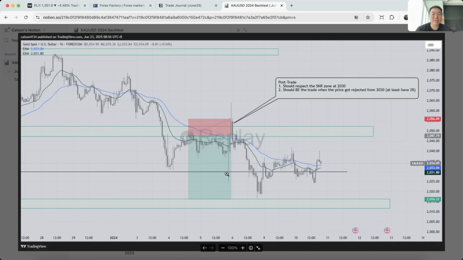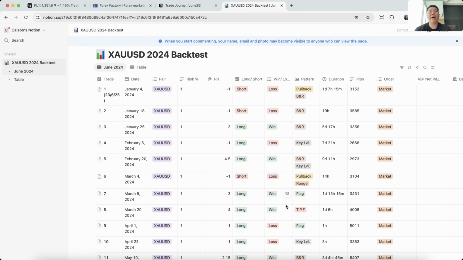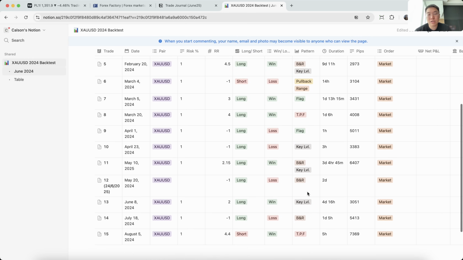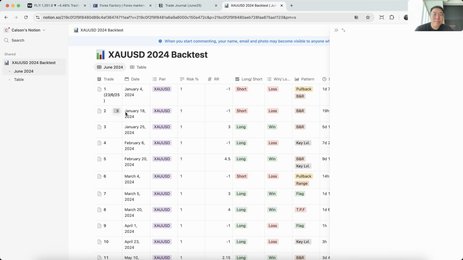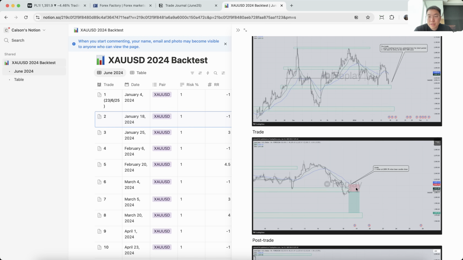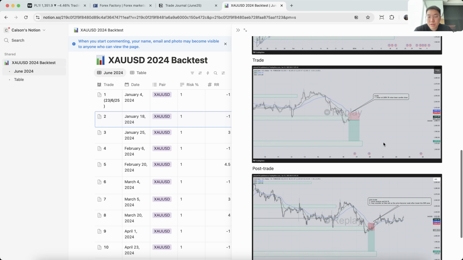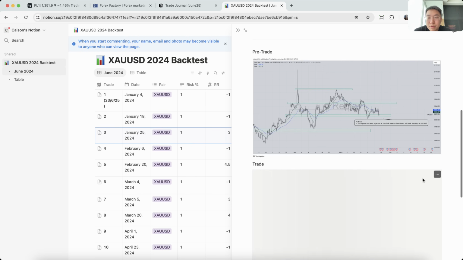We recently had a lesson on this as well. When price revisits the swing low, swing high, we move stops to BE. So this trade technically should be a BE trade, because this trader is combining all of the knowledge that he had. You see TPF, BNR, pullback, range, multiple patterns together. You need to have a complete trade management model as well. So this one, yep, okay, makes sense. You're probably trading the minor breakout. So next one,